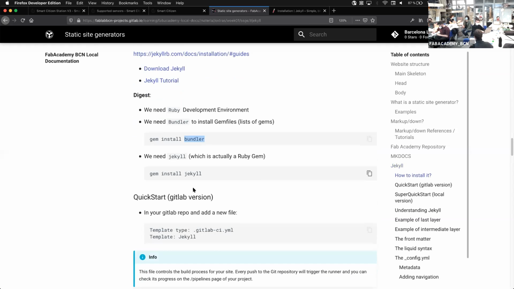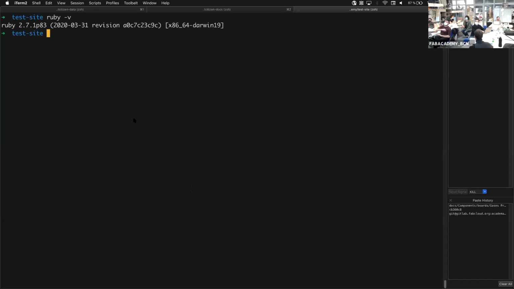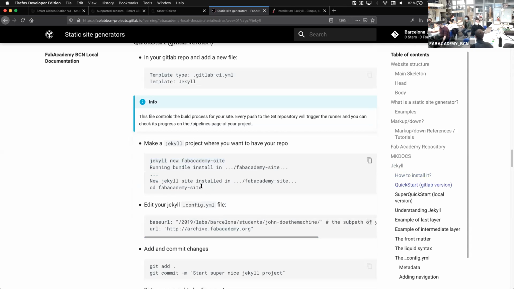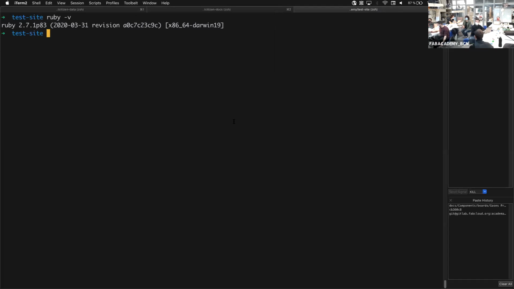Once you have them, you are able to do jekyll new and the name of the site that you want to create, in this case Fab Academy. And then you should be able to go into that folder. I did this yesterday. So I did jekyll new test site. It created the process and now test site. Okay. So here, if I open it,